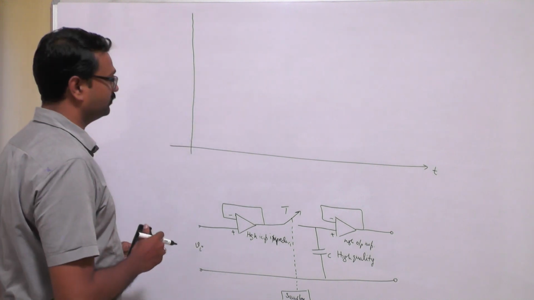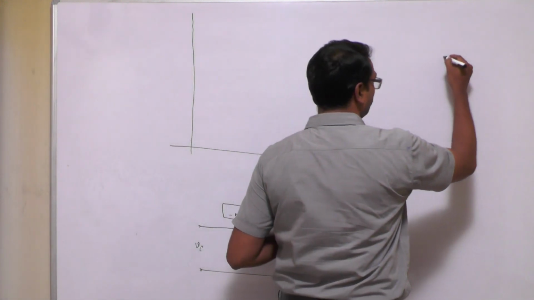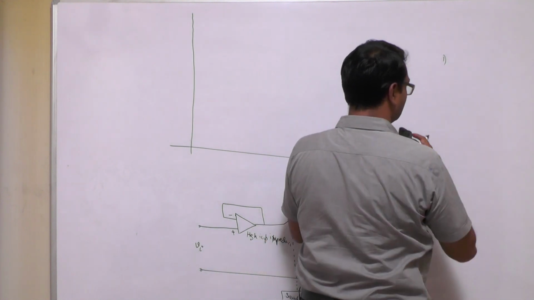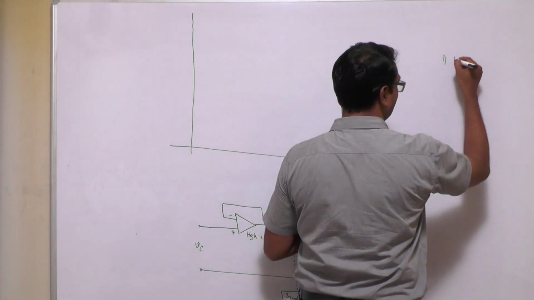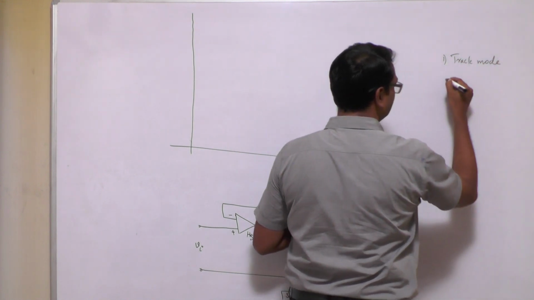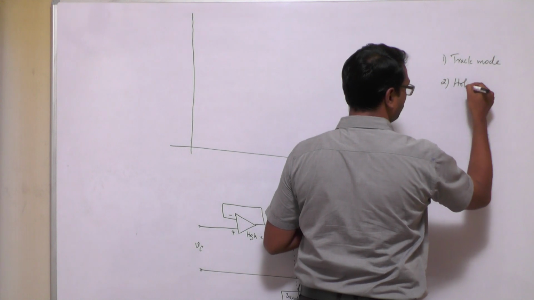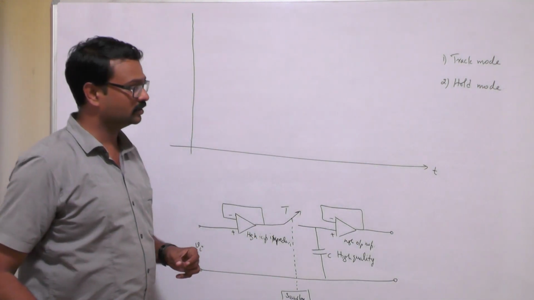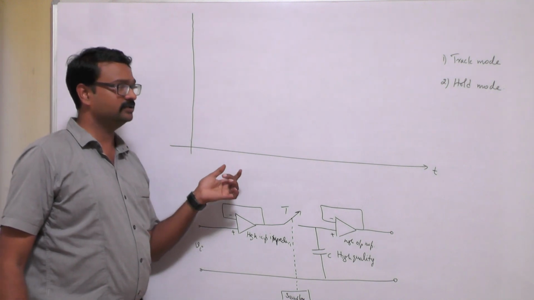Now you have two different modes of operations here. One is the sample mode, one is in the sampler operations you are having one as the track mode and the other as the hold mode. Now we are going to see what is a track mode and what is a hold mode. As we can see in the